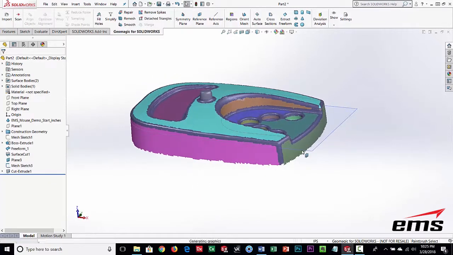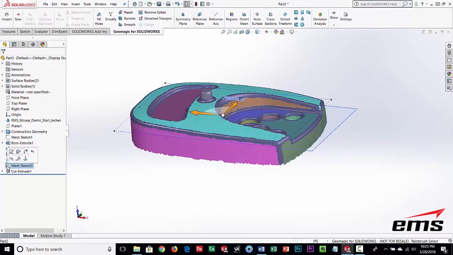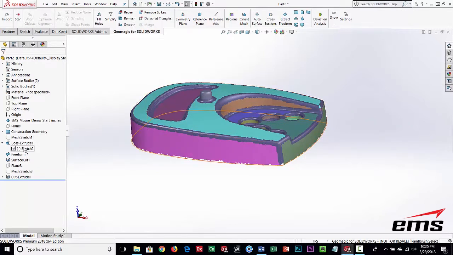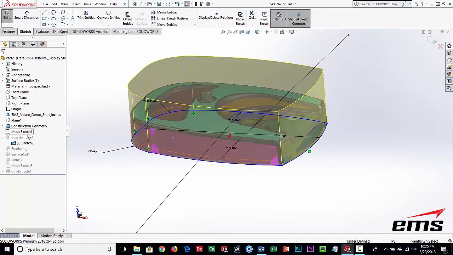I'm going to decide, you know what, I don't think that's right. So I want to make some changes. So let's hide some of this stuff just to keep it clean. Okay, so I want to maybe go back to our first extrusion right here, and I want to edit that sketch, okay? And what we're going to do,